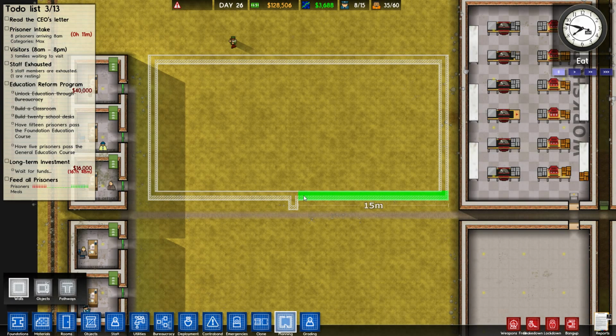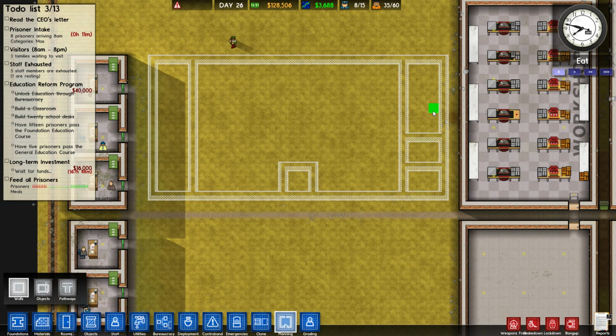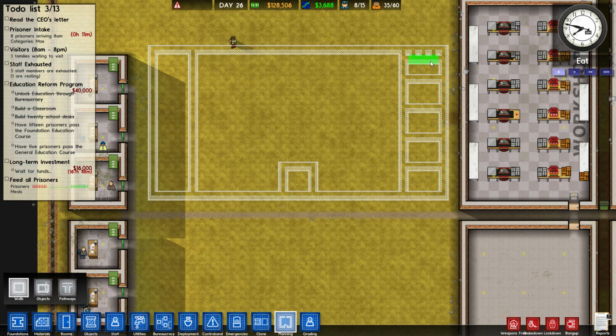I think that's about equal. 15, 14. No, so it's like a double. So we'll have a double door, and I'm thinking like a double entrance, just so it's super secure if there's riots and things. We then want cells, so we can put some cells. But I'm going to extend that one, and